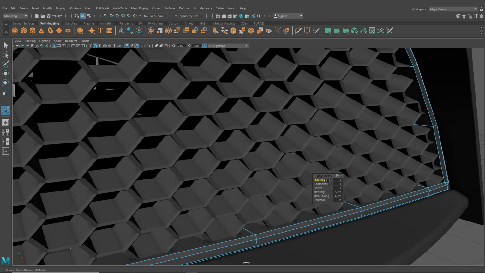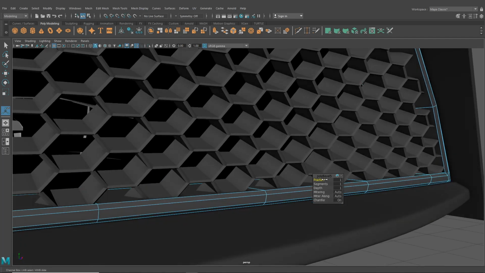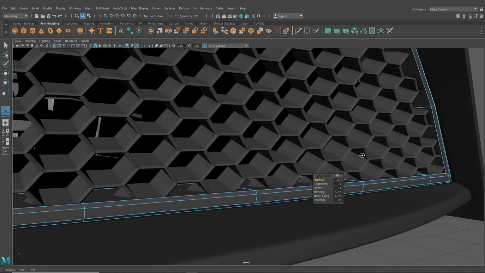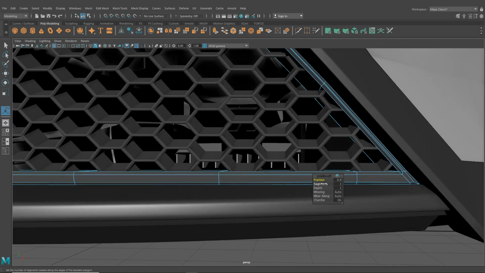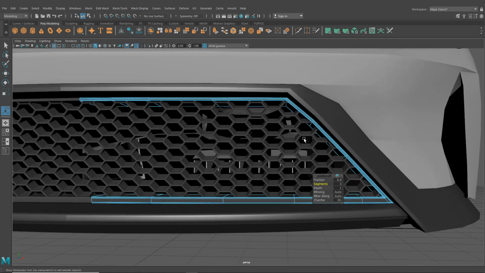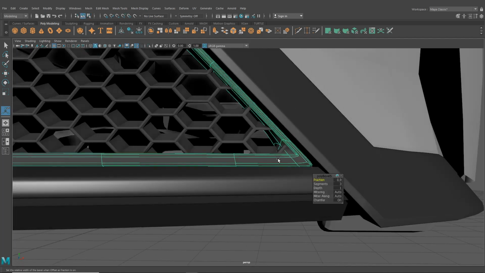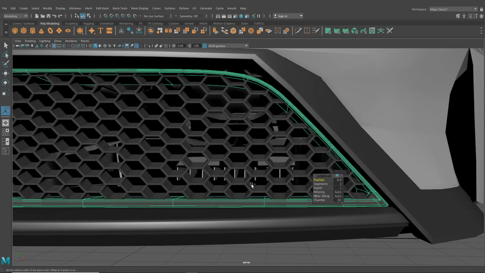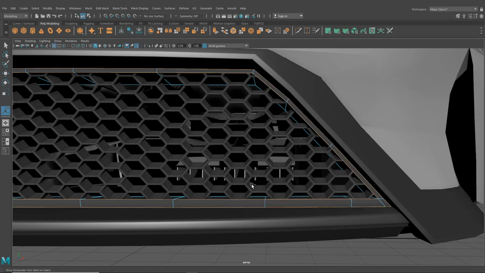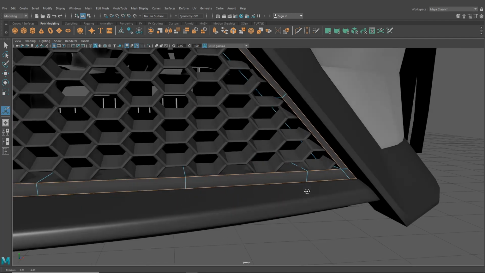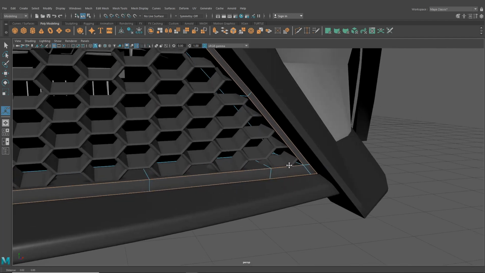And I'm maybe going to go a little bit more for this. Maybe not a 1. I like to generally stay under 1, so we'll say maybe a 0.9. And then just increase the segments. Maybe add 2. Okay, so we can see by doing that down here, we've got a little bit of weirdness going on. So maybe rather than beveling, let's just reduce that back. Rather than beveling, what we could do is actually